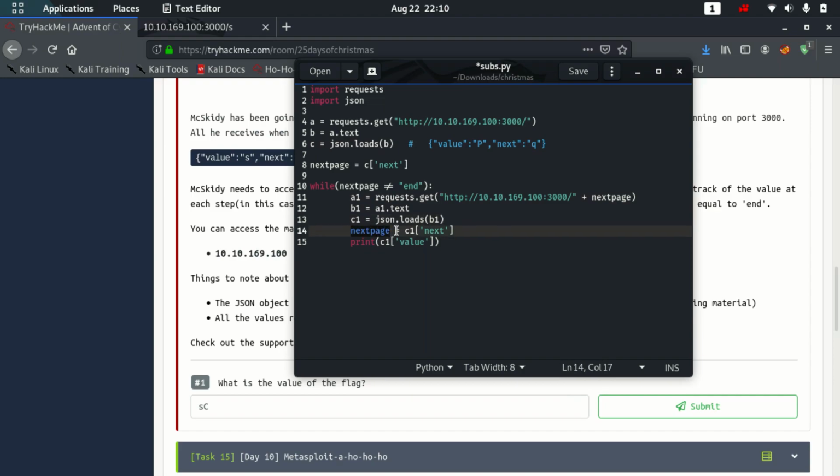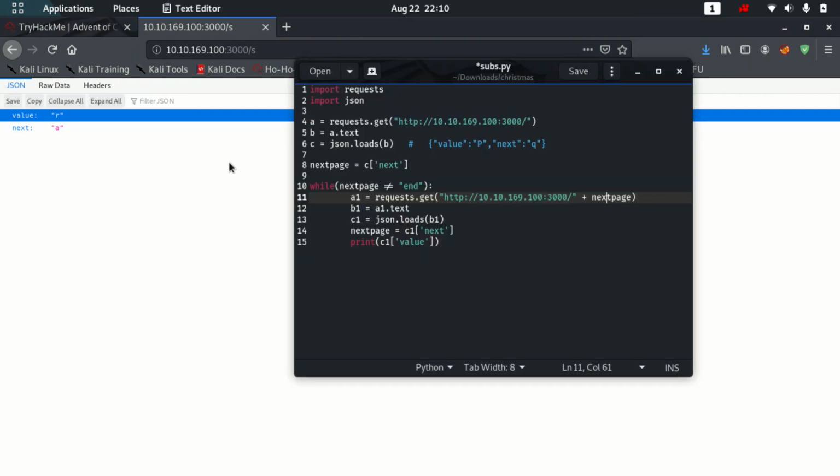Then next page is equal to c1.next value, and I am printing this one, the original value. So the next part goes in next page, which is again changed in this request, and I keep on doing this till the time I don't get the next. So here rather than c value I'll paste next and I'll run this again.